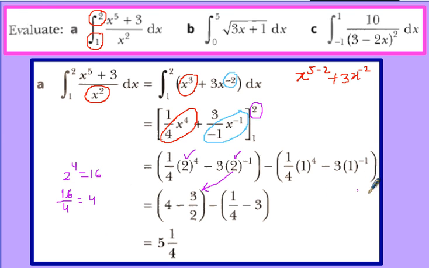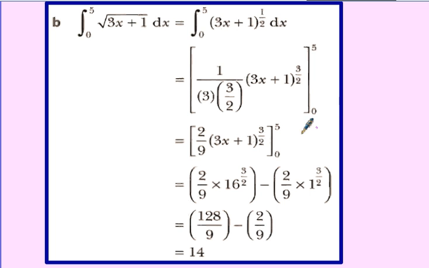Because 1 raised to any power gives you 1 only. Now here this is a square root, so you can write degree 1 upon 2, and then you apply your method. So if you remember, this becomes your denominator. So I have taken this denominator here, and then you increase the degree by 1 and write it here. So this degree and this match,